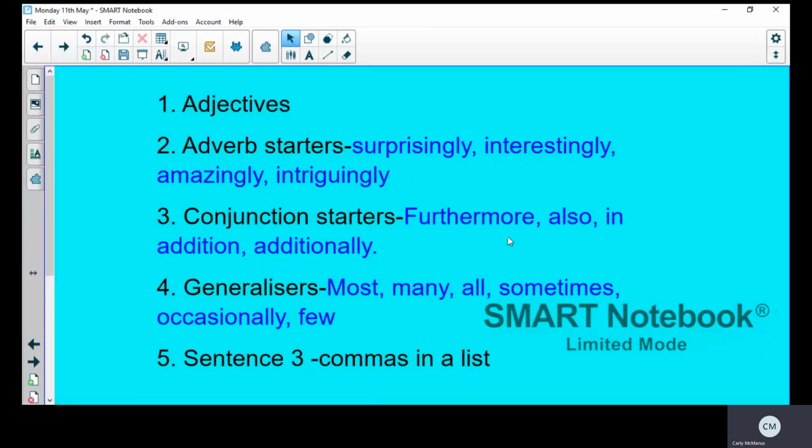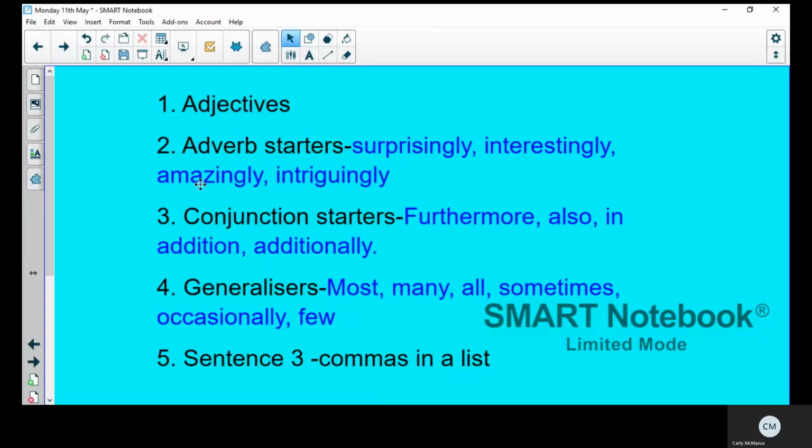A conjunction starter you needed to use, and there was a list of different conjunction starters to use, a list of generalizers, and then a sentence 3, which is basically commas in a list where you're listing 3 things in your sentence and using commas to separate them. But remember, the last thing in the list needs to have and in front of it, not a comma. So you had to include all these in each of your 2 paragraphs on Thursday.